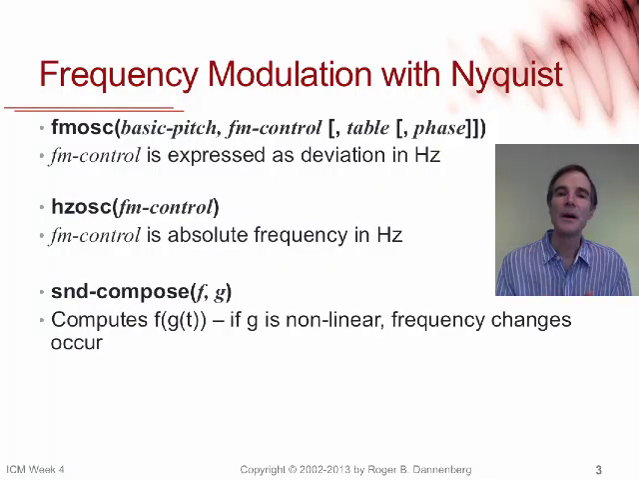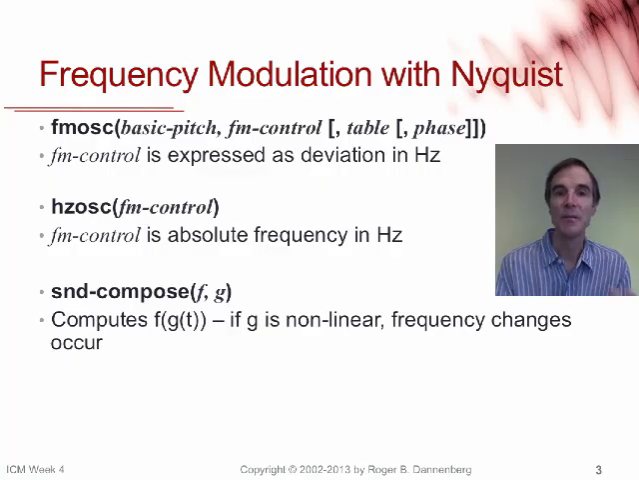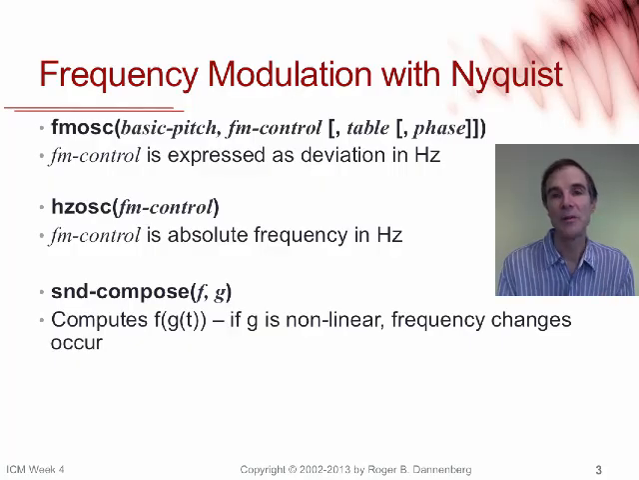So there are three main ways to create frequency modulation with Nyquist. One is Nyquist has a built-in unit generator called FM Osc, so Osc is short for oscillator, and the parameters for that are a basic pitch, or kind of central pitch, as if there was no modulation. And then the second parameter is the frequency modulation, which is the deviation of frequency measured in hertz from the basic pitch. And then there are some optional parameters to specify a table and a phase, just like in the